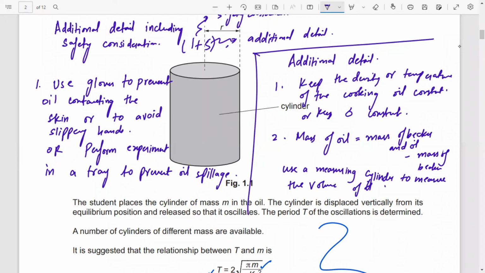ठीक है, और तीसरा नंबर आपको मिलेगा यही इसी का कि आप जो फॉर्मूला लिखेंगे मास ओवर वॉल्यूम, इसका आपको एक और नंबर मिलेगा। वॉल्यूम को आप बता देंगे कि आप मेजरिंग सिलेंडर पे मेजर करेंगे, उसके बाद आप निकालेंगे डेंसिटी इज इक्वल टू मास ओवर वॉल्यूम। सो यू विल राइट दिस इक्वेशन, तो ये इक्वेशन यूज करने का आपको एक और नंबर मिल जाएगा। 3 नंबर यहाँ मिल गए।